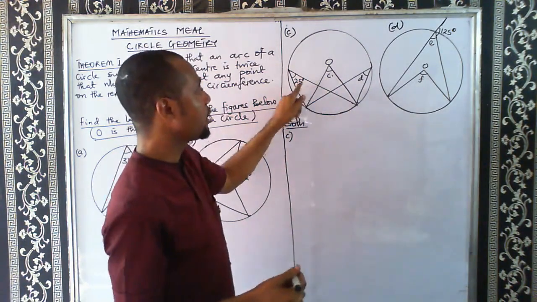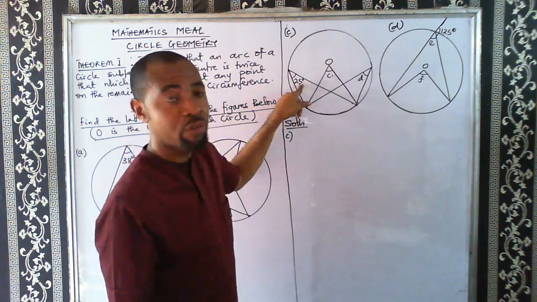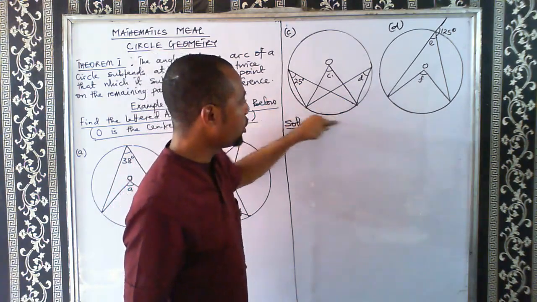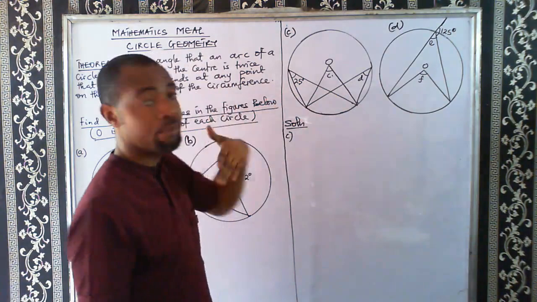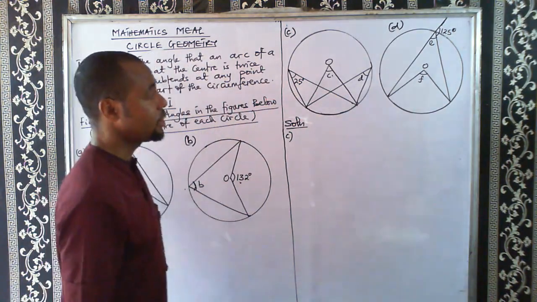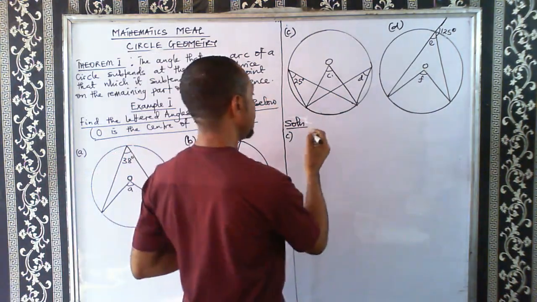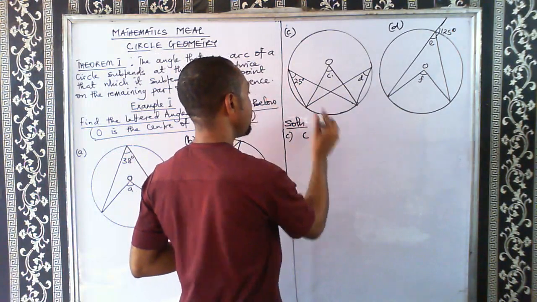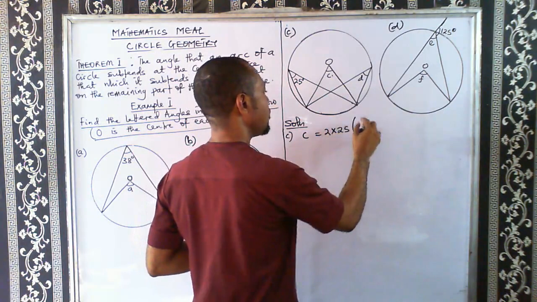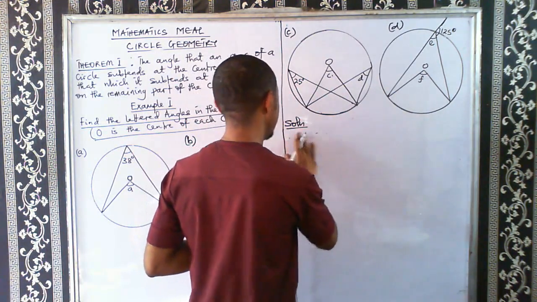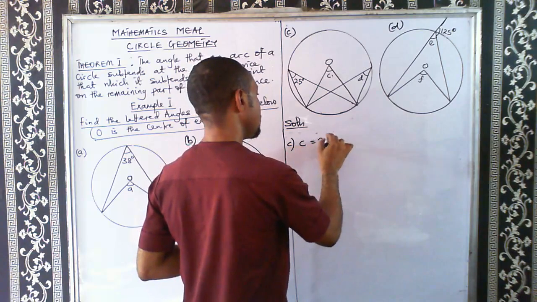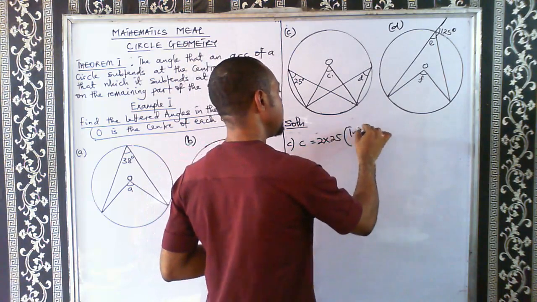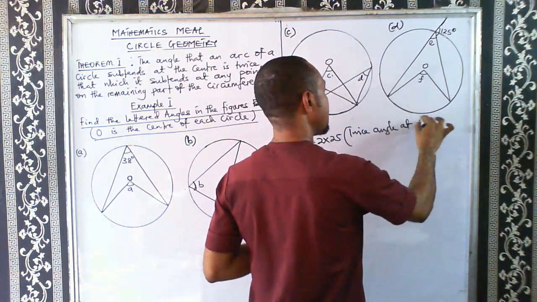So the relationship between this and this is that twice angle at the circumference is equal to angle at the center. And why we're able to say that is because both angles originated from the same arc. That's why this theorem can be applied here without any problem. So I can comfortably say that C, twice angle at the circumference, so C will give me what? 2 times what? 25. Let's write it down: C will be equal to 2 times 25, because twice angle at the circumference